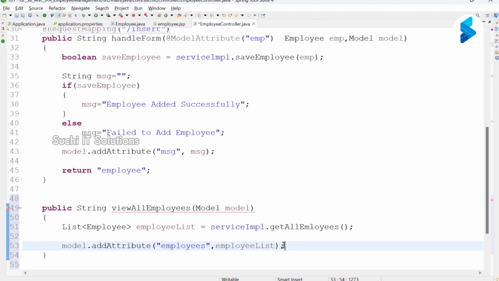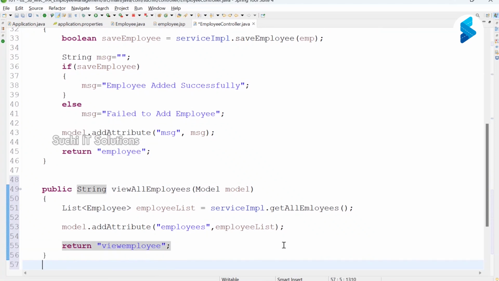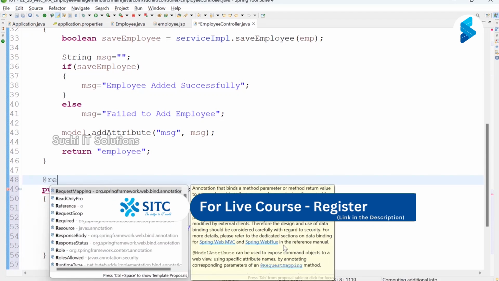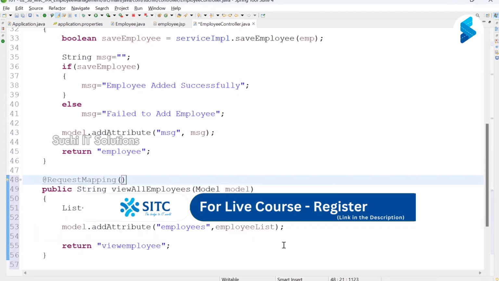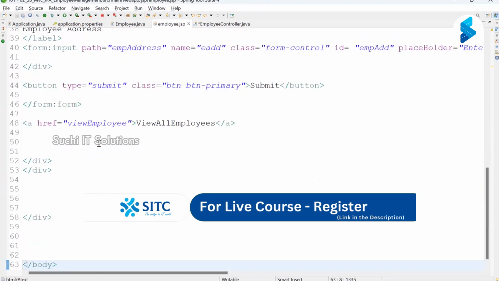Now this data I want to carry to where? Then you specify the JSP page name. I have to create viewEmployee.jsp. My intention is to create viewEmployee.jsp. That's it. Now here use @RequestMapping or @GetMapping. Then viewEmployee, done. So this is my URL. Control C. Let's go to employee.jsp. When I click this link, the anchor tag, then